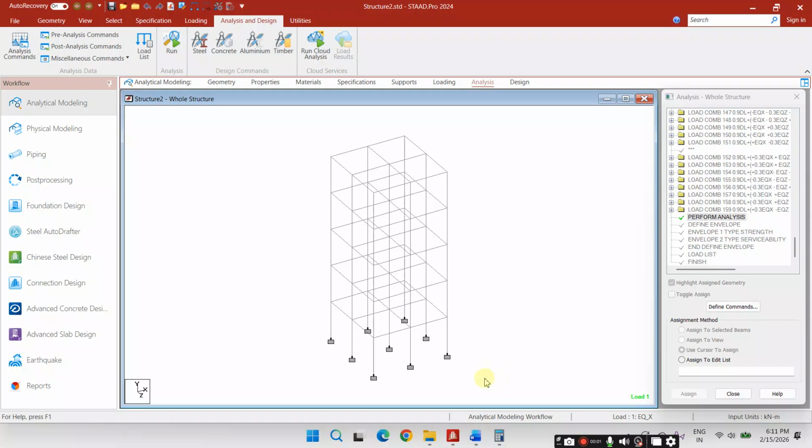Foundation with beam. If you want to design a raft or mat foundation of any structure,